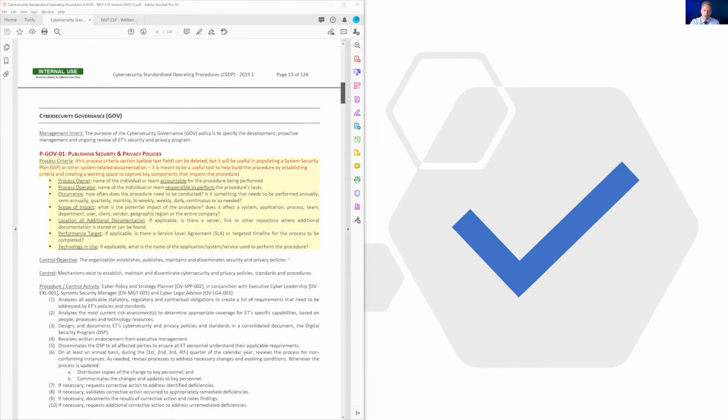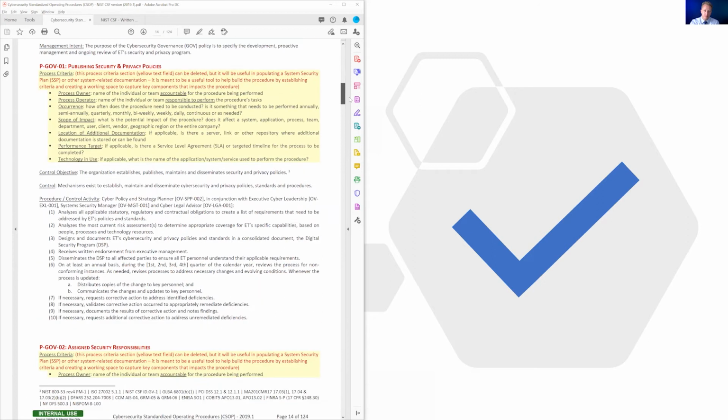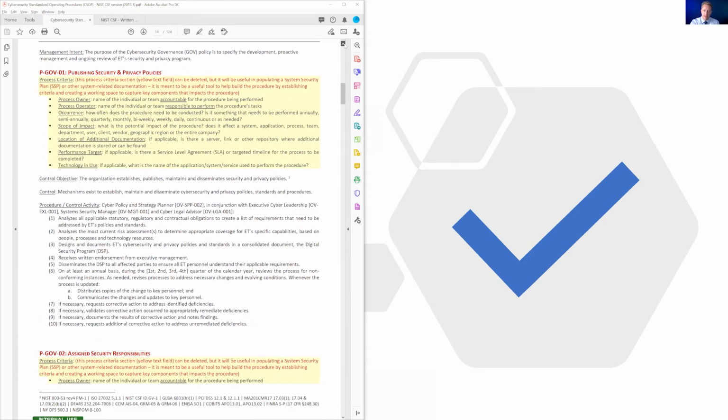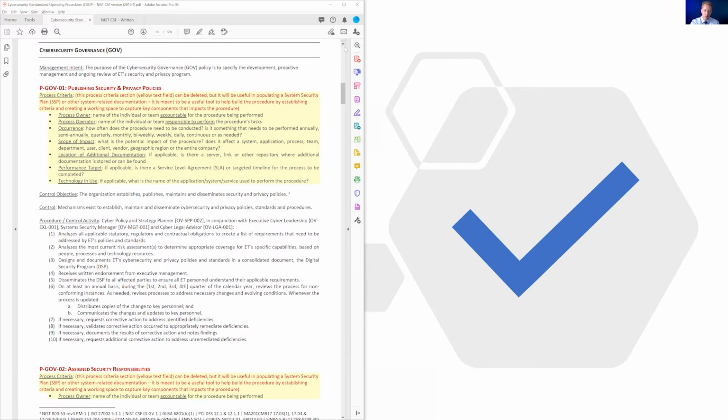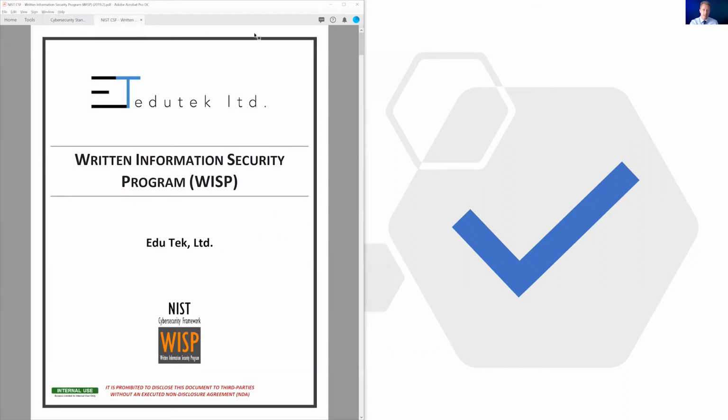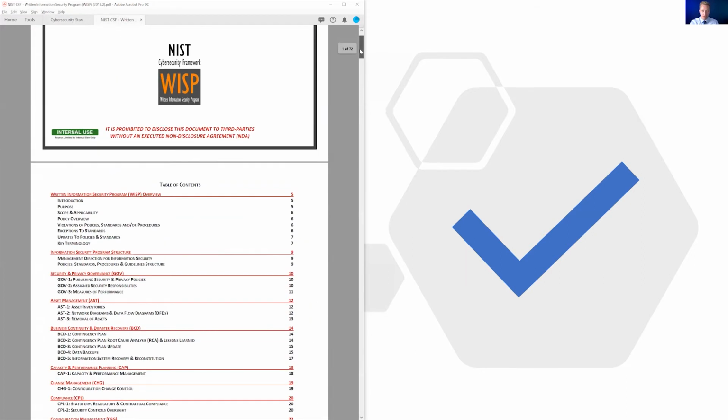Now let's get into one of the examples, just so you have an idea as to how this document is written and what workload we have ahead of us, and what we can sort of come up with the best approach to attacking that workload. So one of the overarching policies is this cybersecurity governance component. Now you'll notice that each of these aligns with a policy that exists in the WISP document. So as I go here